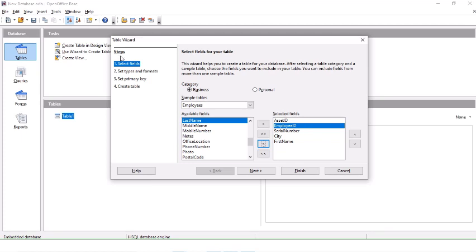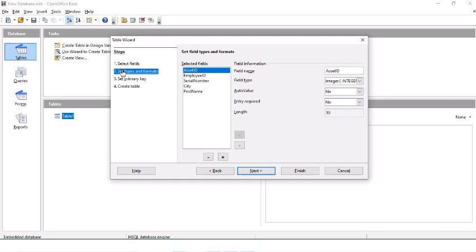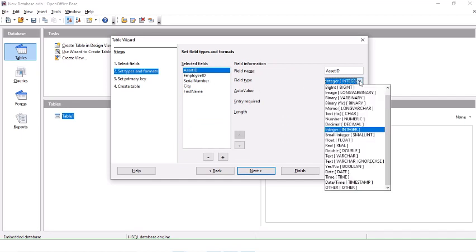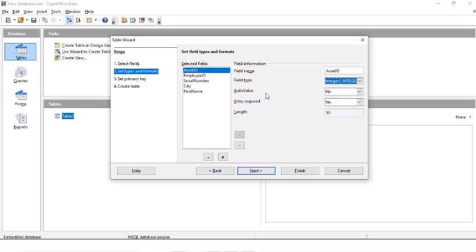Okay, set types and formats. So look here, we can fix the data type just like we have done in character, numbers and all that. So you can select for every one, for example employee ID, serial number, cities, whatever you want.